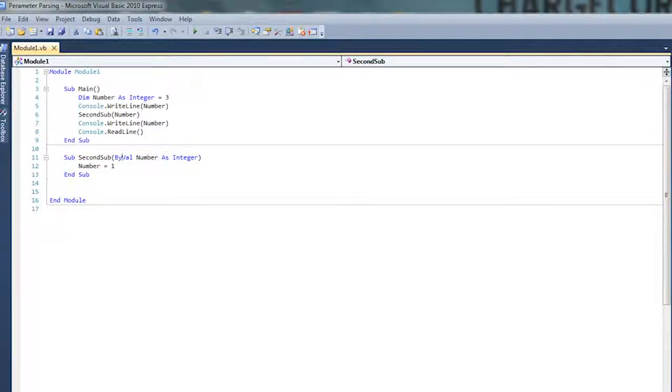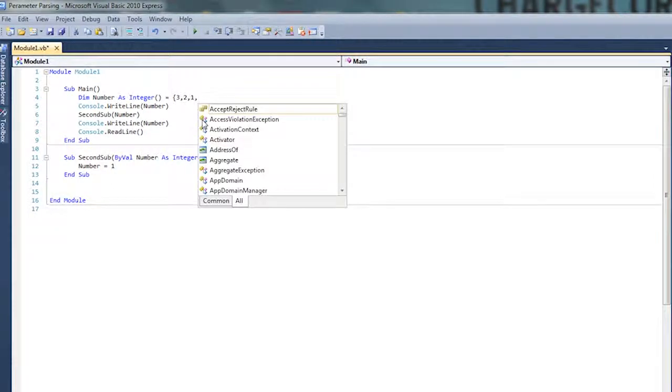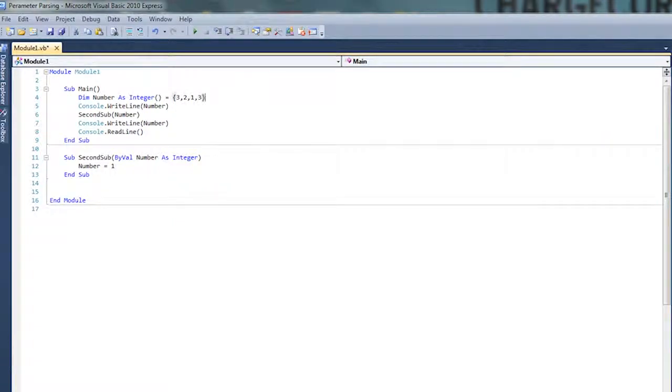So in terms of actual use of parameter passing, well, you saw me do it when I had the other thing. This is going to be a very short tutorial for some reason. If you want to, say we had, this is one thing which confused me for a bit, dim number as integer. So say this was an array, well, how do we let the program know, hold on, just aside, so 3, 2, 1. If you're looking at this like what the hell, make sure you check out tutorial 2, I think it was, where I covered arrays. So now obviously we're getting an error because I haven't given it an index